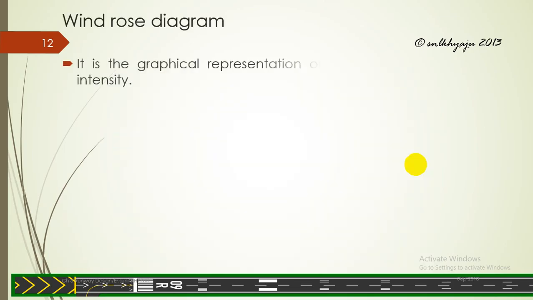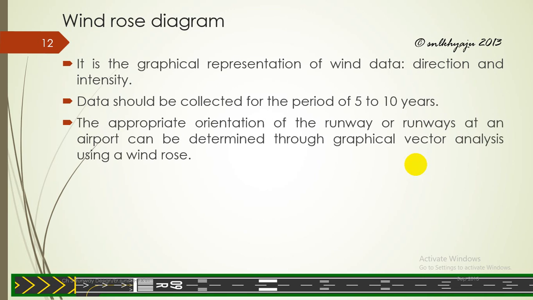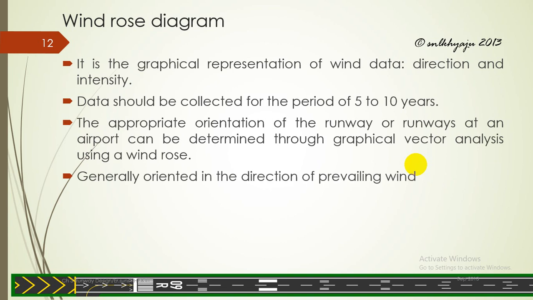Windrose diagram. It is the graphical representation of wind data, direction, and intensity. Data should be collected for the period of 5 to 10 years. The appropriate orientation of runway or runways at an airport can be determined through graphical vector analysis using a wind rose. Generally oriented in the direction of prevailing wind,